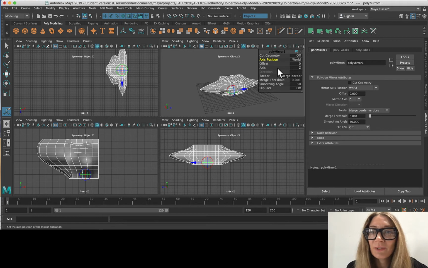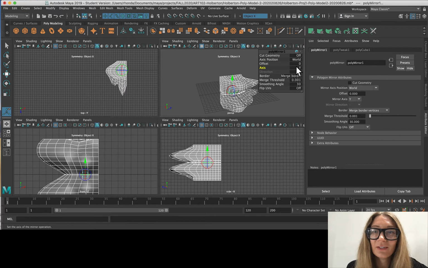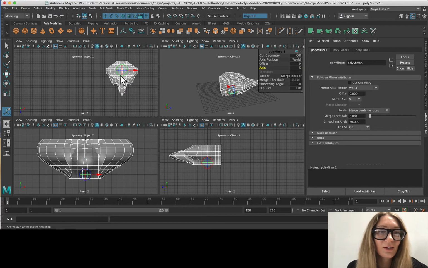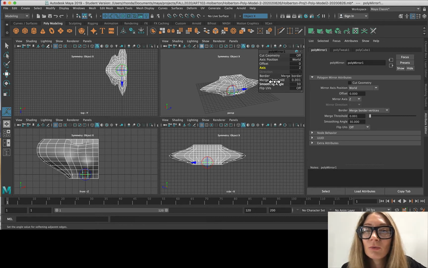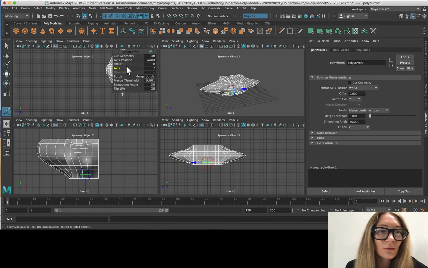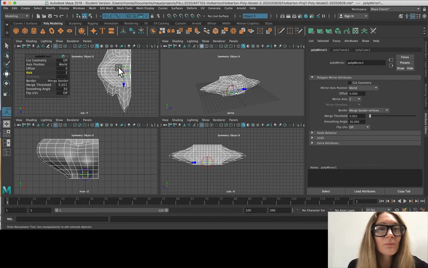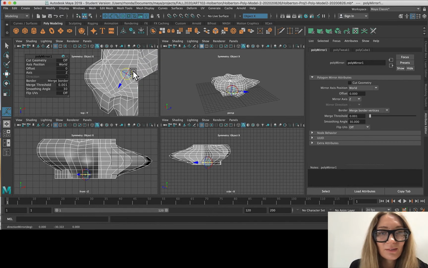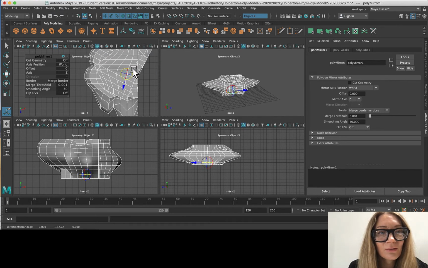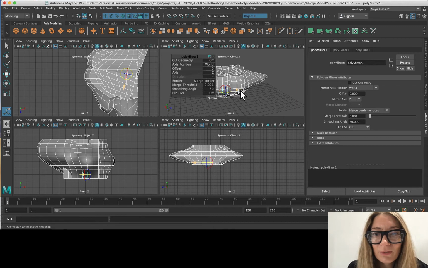Okay, so that's mirroring across the Z. If I wanted to change that, I can change it to the Y, or to the X, and you can see how that works. So I want to mirror across the Z axis, and then it's going to merge the duplicate with the original, so it's one single shape. It has a threshold at which it will merge faces. Let's see. Actually, I can't do that. See that here, but maybe if I